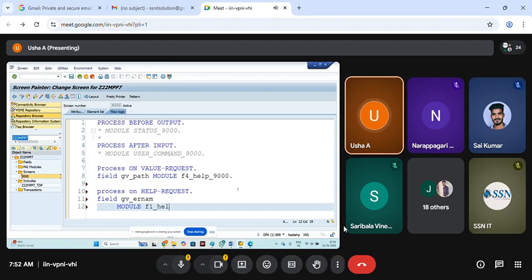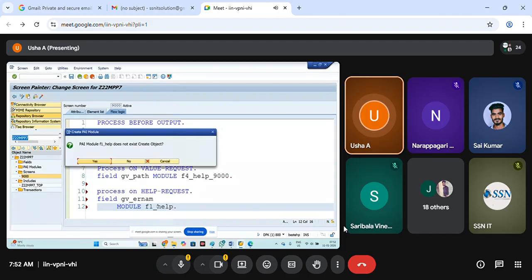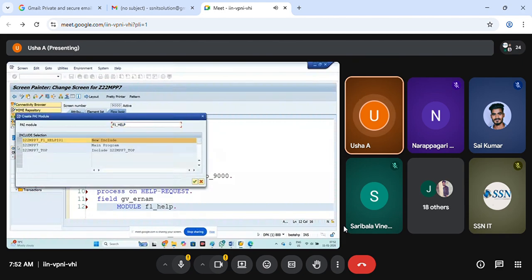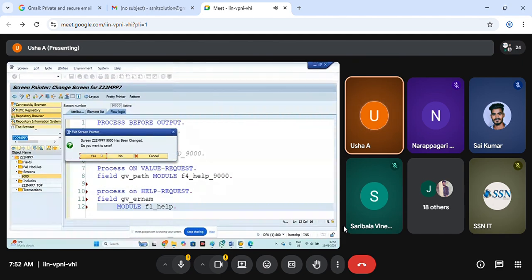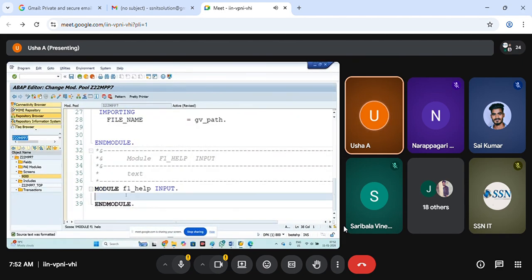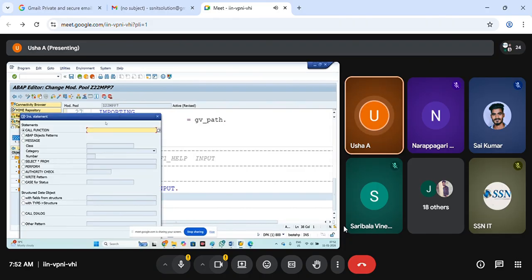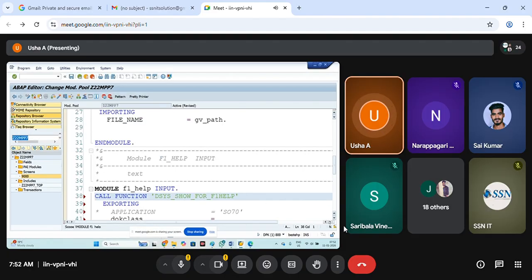For that I'm going to create a module, F1_help. Double click on the module, say yes to create, and save in the same main program. Save the screen. Now you can see the call pattern button. What is that? DSYS_SHOW_FOR_F1HELP. This is the function module.